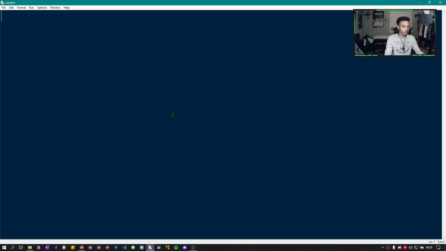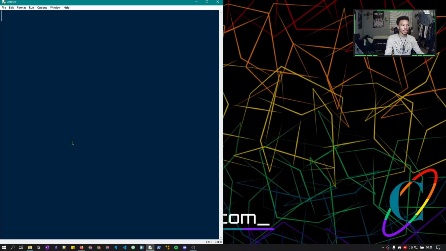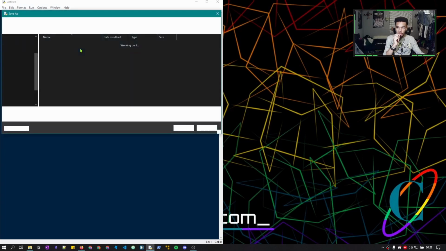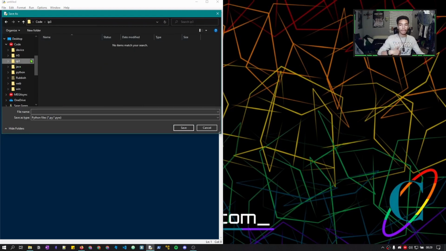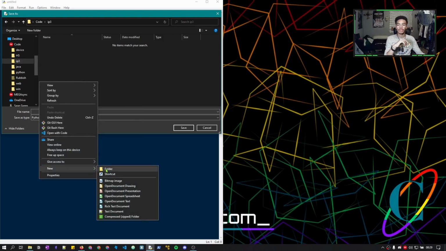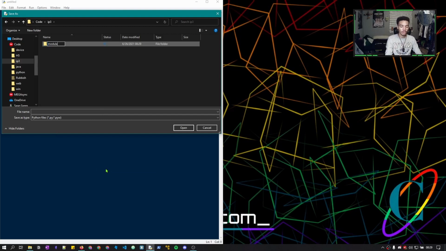Now if you're using a different text editor, then that's cool too. So I'm going to hold down my Windows key and hit the left arrow to move this pane to the left side. And so let's save this file to our IP3 folder where we're making all of our projects. And in here, I'm going to make a new folder. I'm going to call this Module 1, so we can save all of our programs specific to Module 1 in here. And this Module 1 folder is in our IP3 folder. Cool. So we can call this program hello